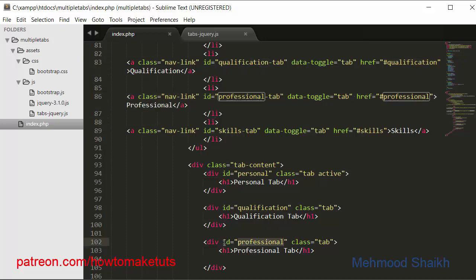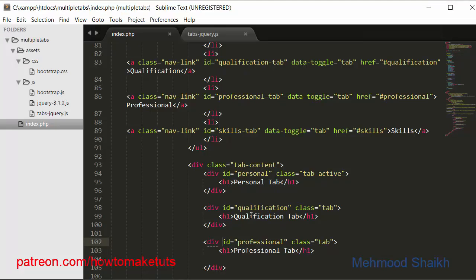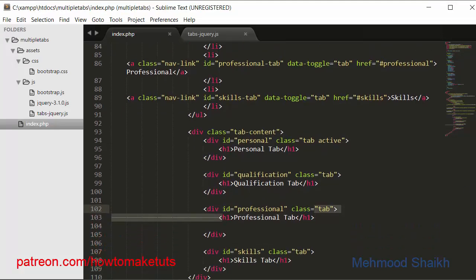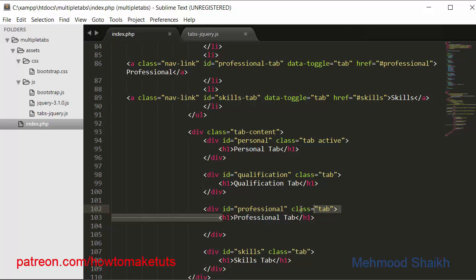See the id which I have assigned to this div. So whenever I click on the professional tab, the div with the id professional will get loaded with this content. And lastly, when I click on the skills tab, the div with the id skills will get loaded with this skills content.